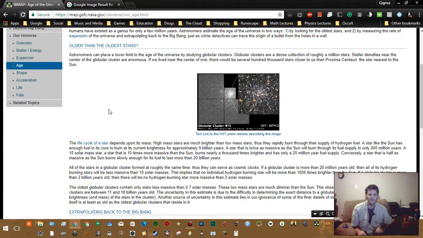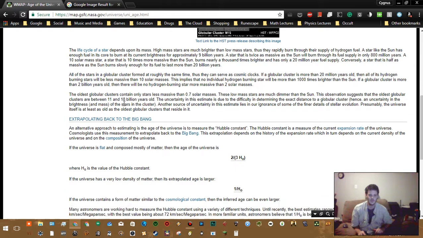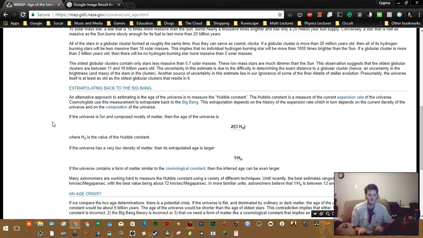Now the WMAP, it's a satellite that went out into space, and it gave us a map of the matter structure of the universe behind us. And when I say behind us, I mean in front of us. And when I say behind us or in front of us, I mean backwards in time. Because when you go out into space, even if you're right in front of my face, you're looking at somebody, you're talking to them, you're seeing them in the past.